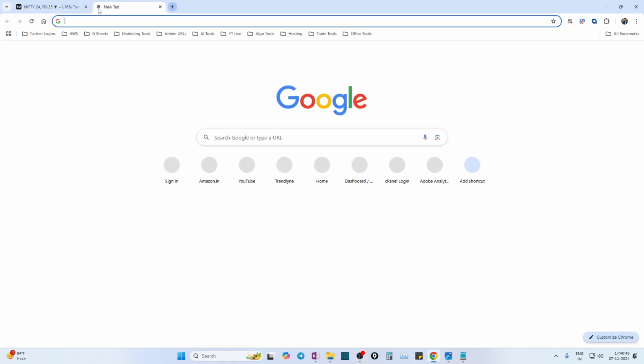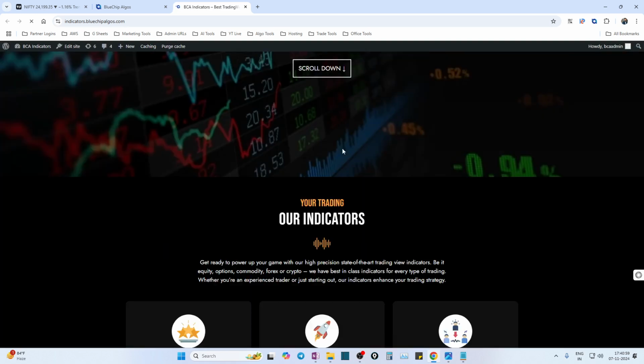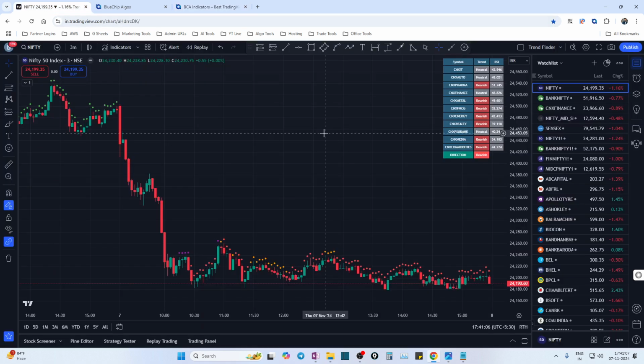So you all know that bluechipalgos.com is our website where you have all algo tools and indicators. If you go to the indicator section, we have launched this premium indicator. Please remember, we do have premium indicators and free indicators. This is the premium indicator that we have launched recently. How to avail premium indicators for free and all, we can discuss later. But first, let's see what this indicator is and how to make use of it in our